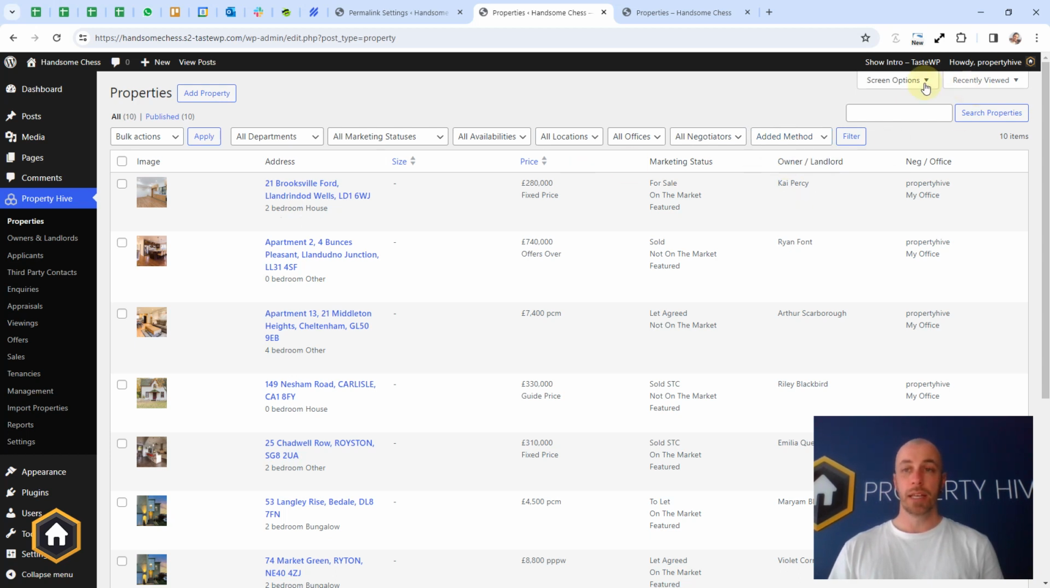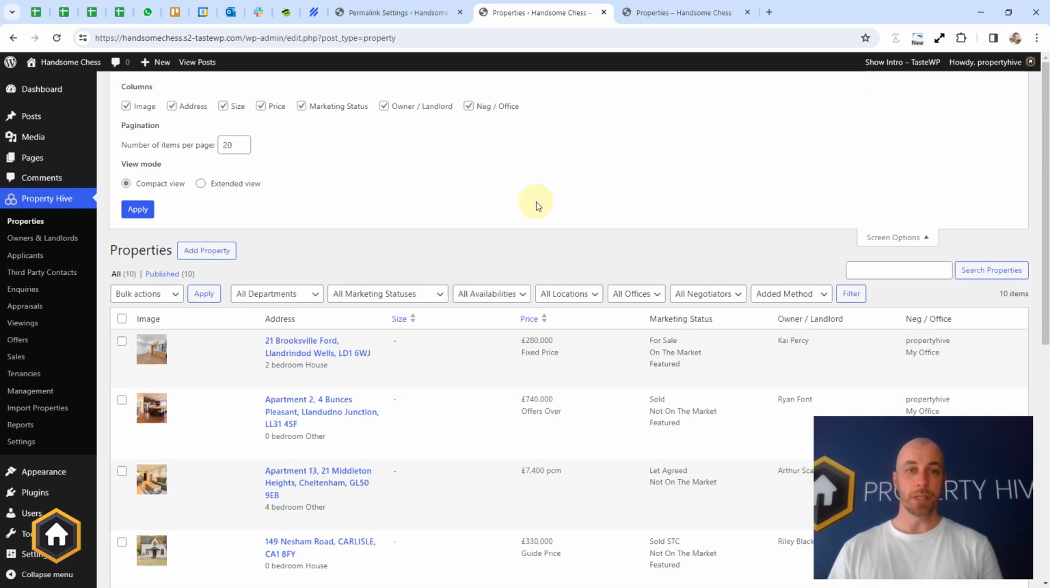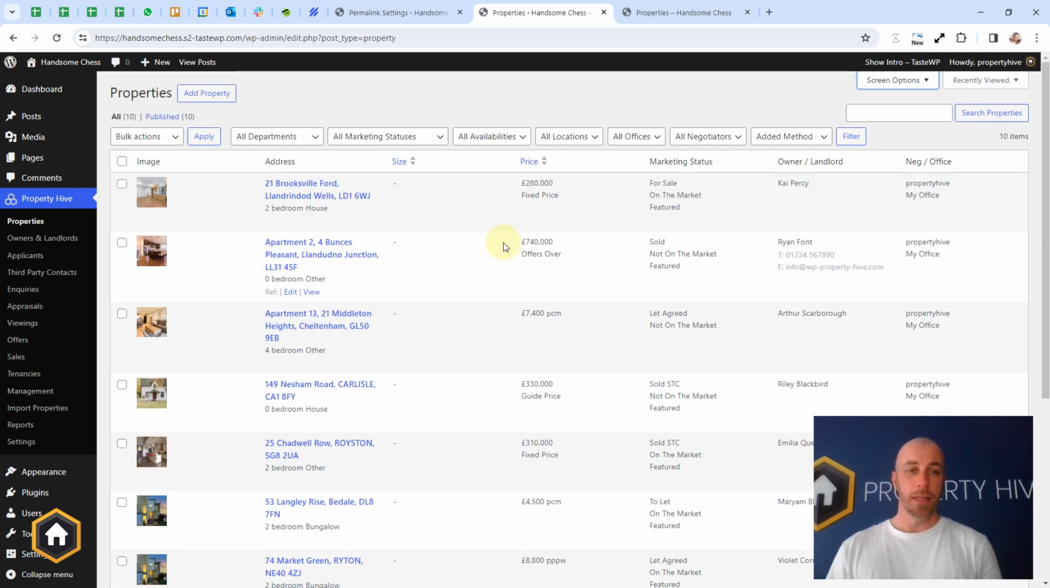You can change the columns that show in the table under screen options here, so we can turn them on and off. We can change how many properties show per page, so it's defaulted to 20, but we could increase that or decrease that. And then in terms of the columns and the data that shows, you'll see a small thumbnail of the image, the address, the full address, so house number right through to postcode, number of bedrooms and